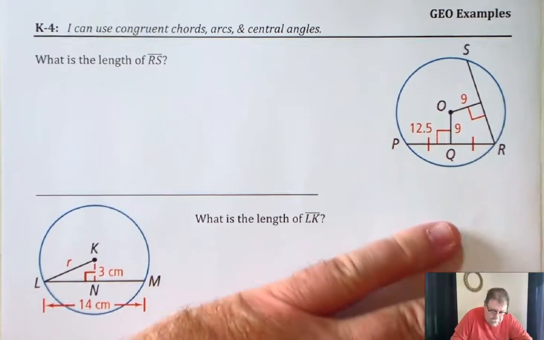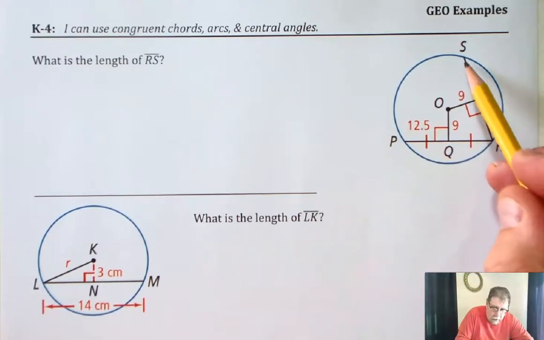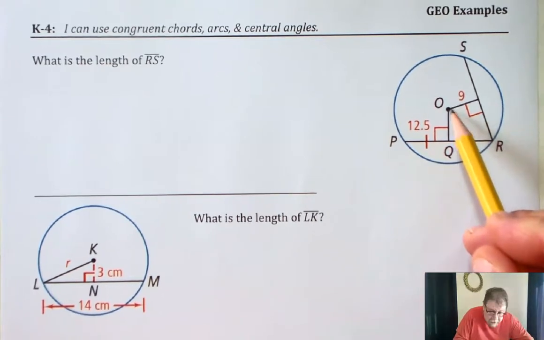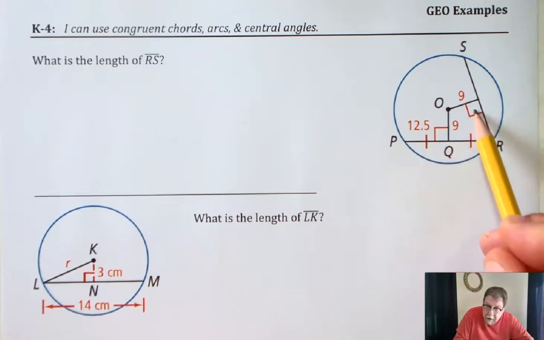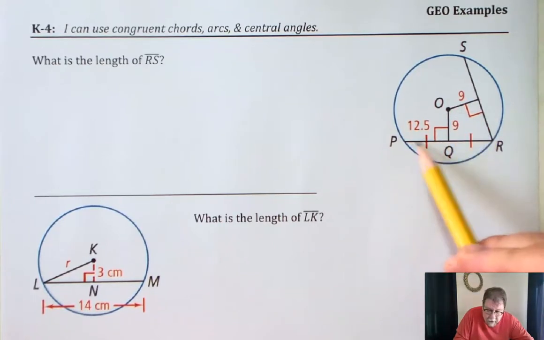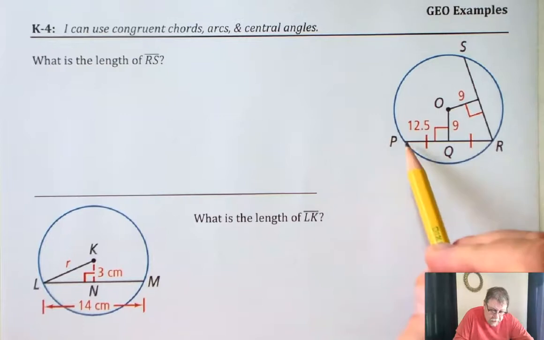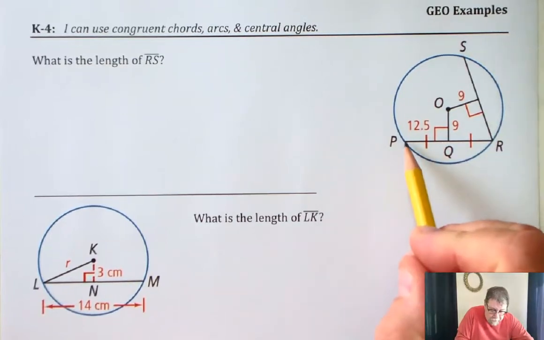Well, what's true is this chord, PR, and chord SR are equidistant from the center, 9 units from the center. They're both perpendicular to this, so they are basically the same length. They are congruent according to some of the rules that we were looking at in the notes. So since the length of this is the same as the length of this, we can say, well, the measure